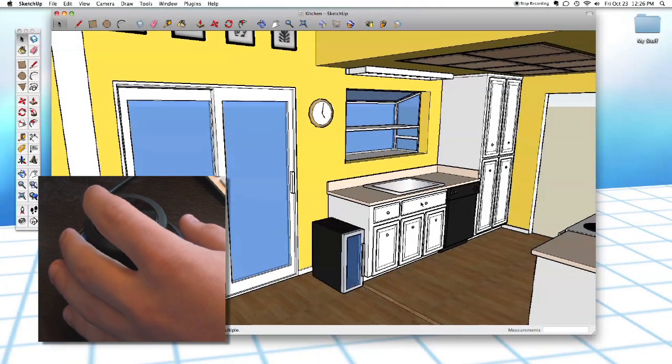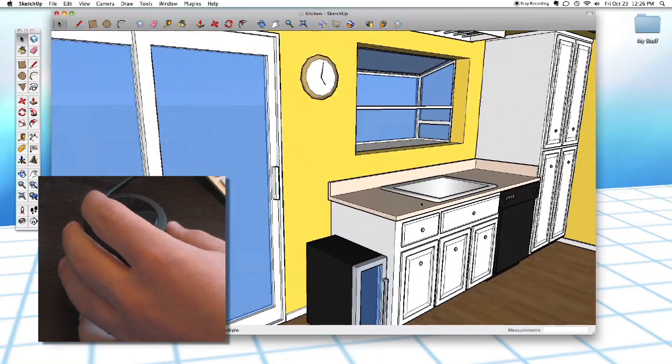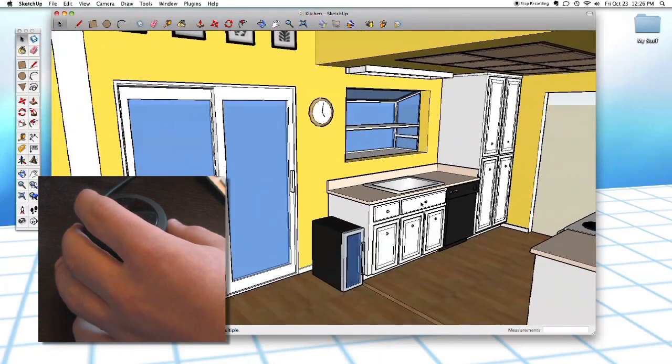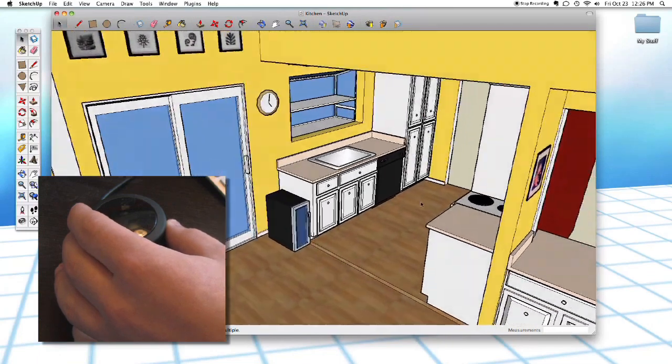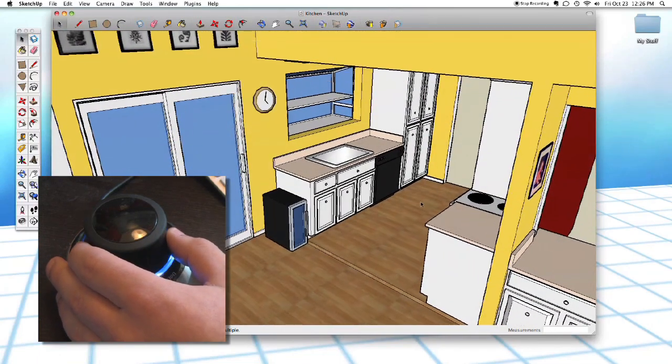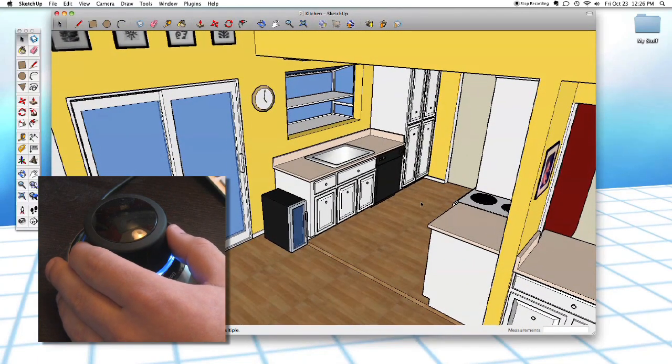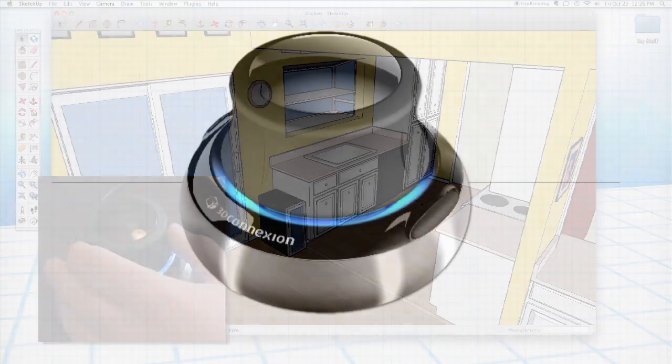You just grab that little black cap thing on the top, twist it, pull it, push it, just move it in whatever direction you want to move in SketchUp, and you move that way in SketchUp. It's so intuitive. But something that a lot of people don't think of, I think, is that if you're modeling